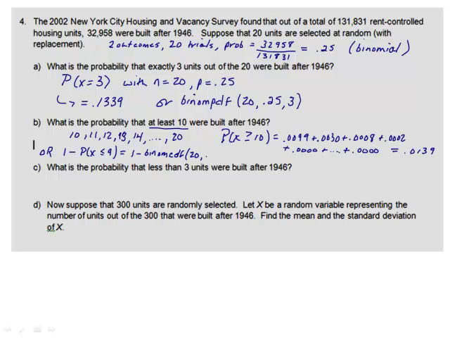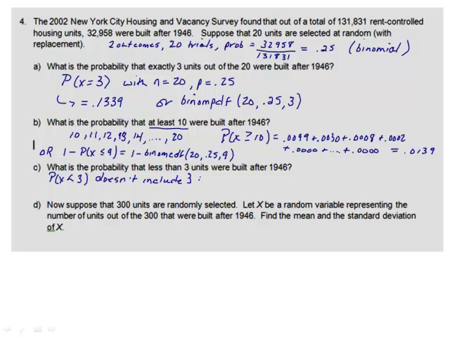And it's important to find the less than or equal to because that's what your calculator function uses. So we're going to use binomial CDF with 20 and 0.25 and 9 for our x value, and then subtract that from 1. Now, the probability that less than 3 units were built after 1946,